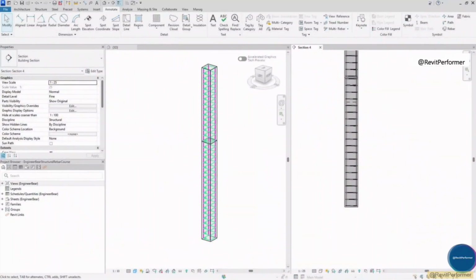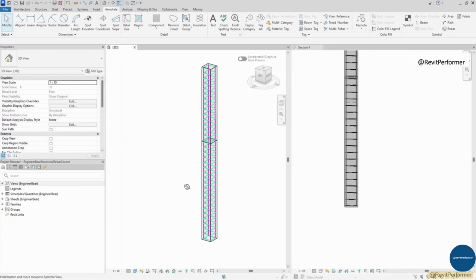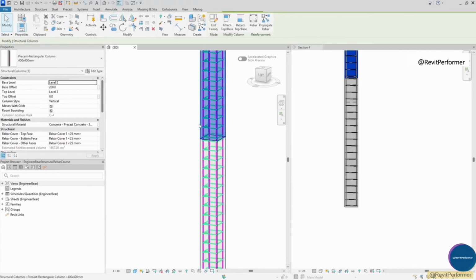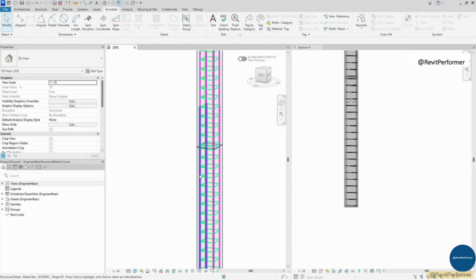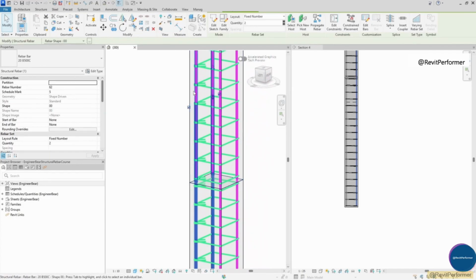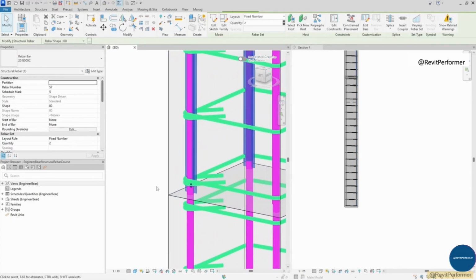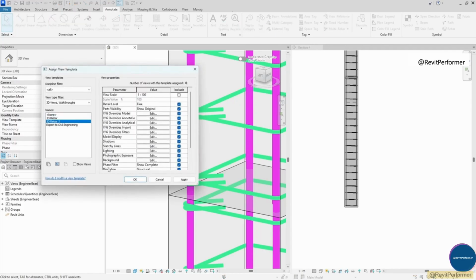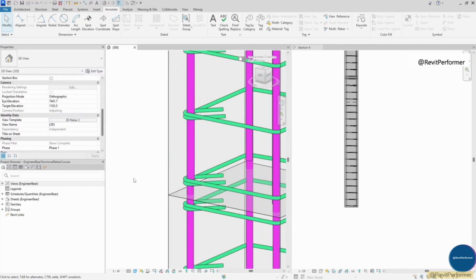Rebar crank, a new feature introduced in Revit 2026. The rebar crank tool allows you to add a crank or bend to your rebars, perfect for resolving congestion and preventing clashes in tight reinforcement layouts. For example, imagine a tall concrete column where the rebars overlap each other, like the one we're looking at here. In this model, several bars are positioned directly on top of each other, which, of course, can't happen in reality.